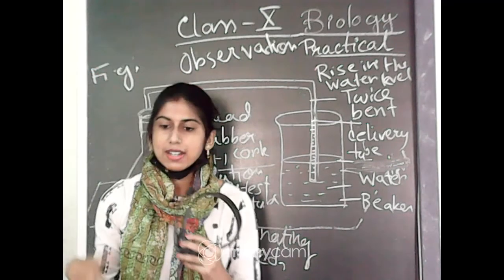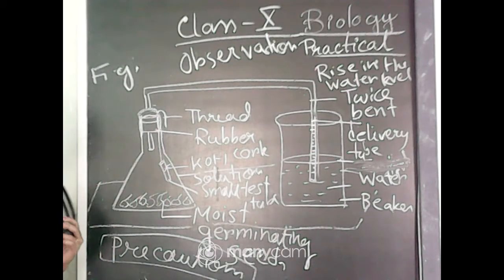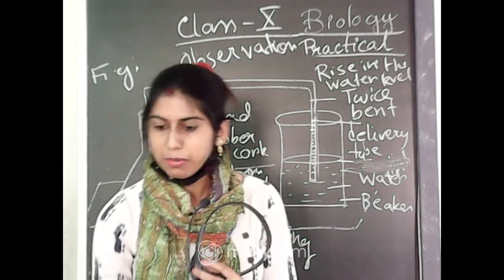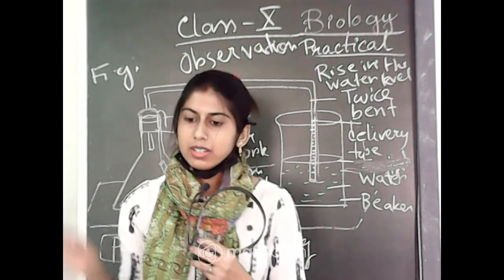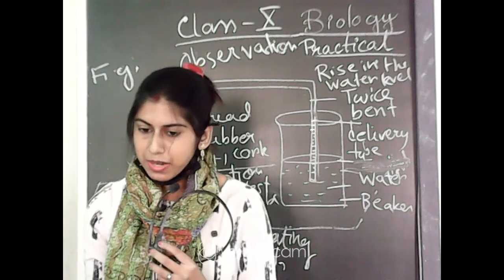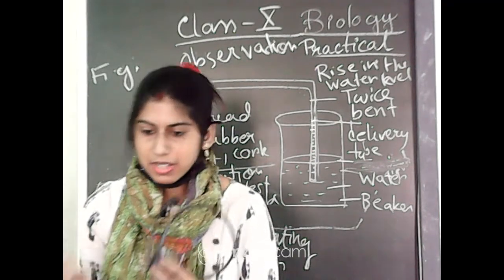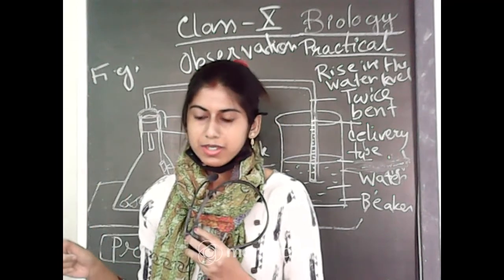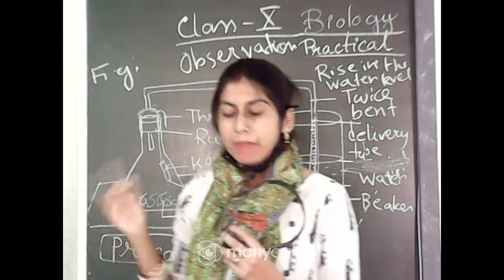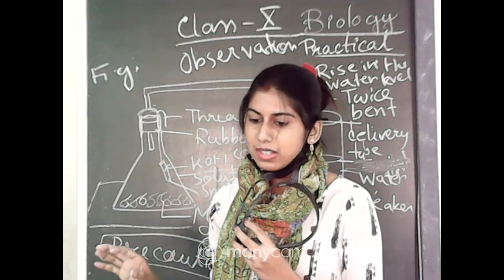So these are some precautions which we should take whenever we are performing this particular practical. These are the main points which you have to write down in your practical copy, so everyone please write it down. In your revised syllabus 2 practicals are there from the biology part. The first one was completed earlier and today I am completing the second one. As this part comes from the first chapter, first write this one down and after that put in the pages of the practical which I have provided earlier. Is it clear to everyone how you have to manage your practical copy?